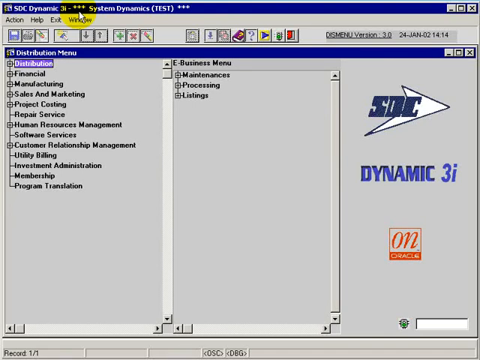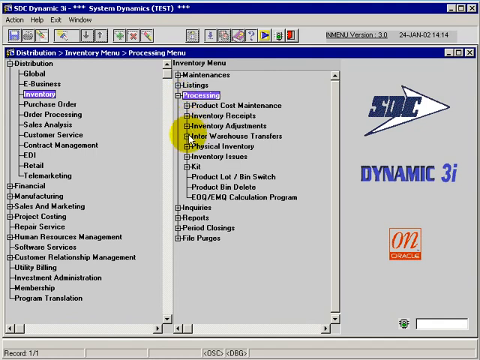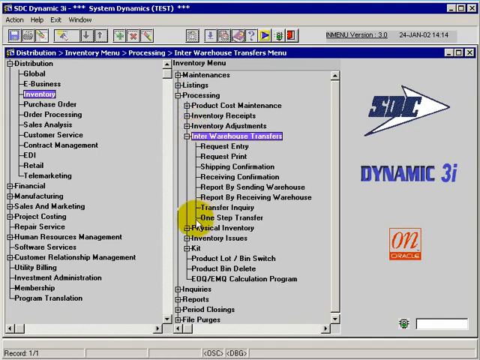In this particular session, we're going to cover one-step transfer under the interwarehouse transfers. Under distribution within the inventory, under processing and interwarehouse transfers, we have a one-step transfer. What this application allows us to do is, in the case of logical warehouses being set up within the product,